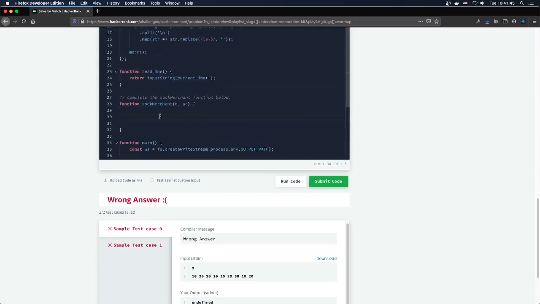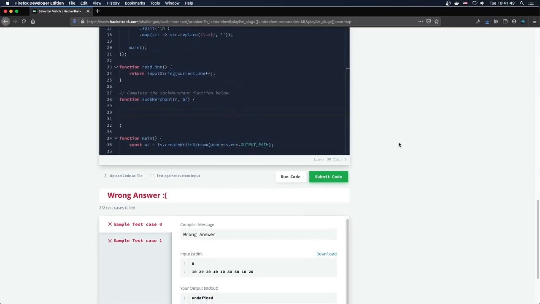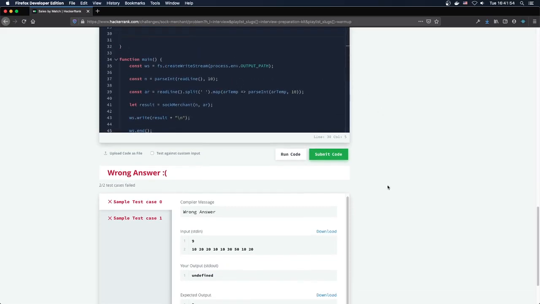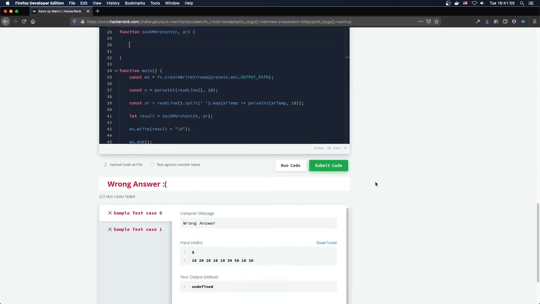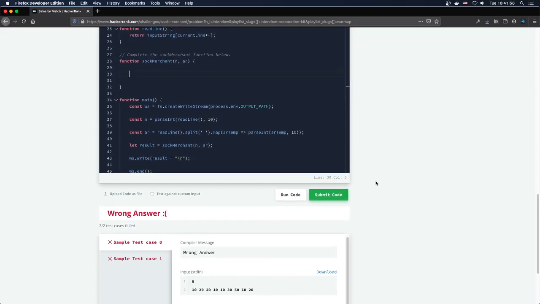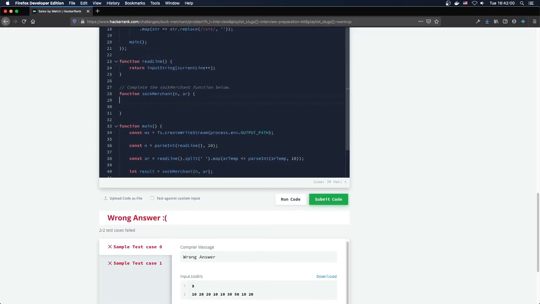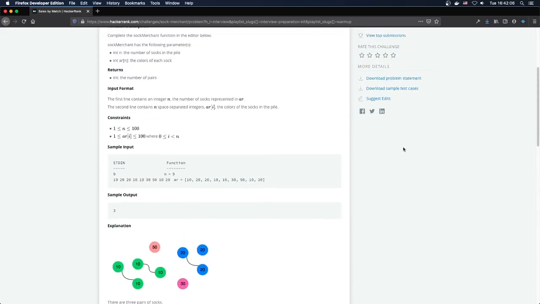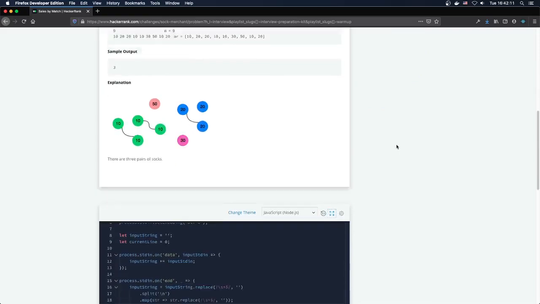Okay, I think this is supposed to be an array. Is that correct? I don't know exactly how it parses it, but I believe it's supposed to be an array. So n, I don't think that's as necessary for JavaScript since you can just get the length of the array pretty easily, but